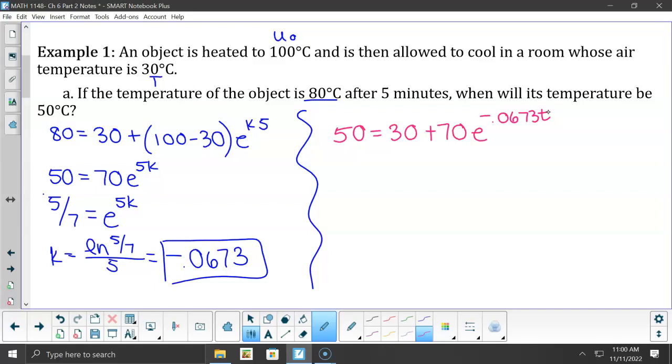Subtract the 30, divide by 70. So that gives me 20 equals all that, divide by 70. So 2/7 equals all that. So t will equal natural log of 2/7 divided by